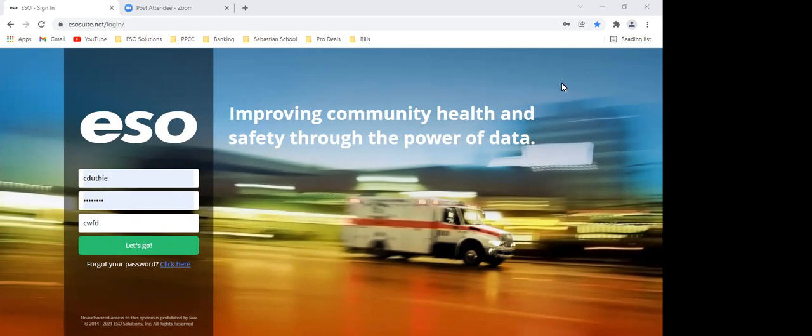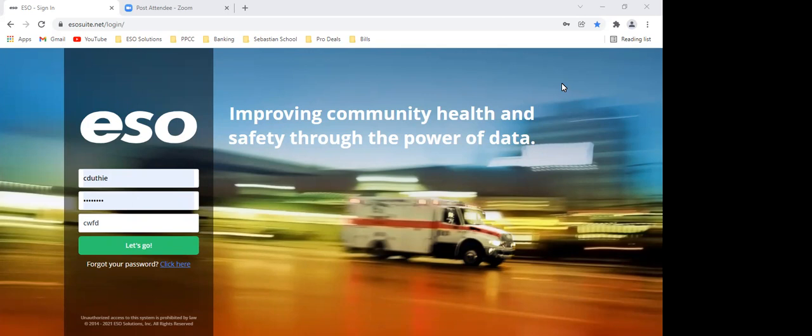So what I'm going to do today is briefly introduce the website, and then I will switch screens and go over to your mobile application. And I'm going to go through a patient care report, start to finish, in your mobile application. And then I'm going to show you how to send that report when it's completed back to the cloud and how you can access it at that point. So that's what we're going to start with. So again, what you're looking at is